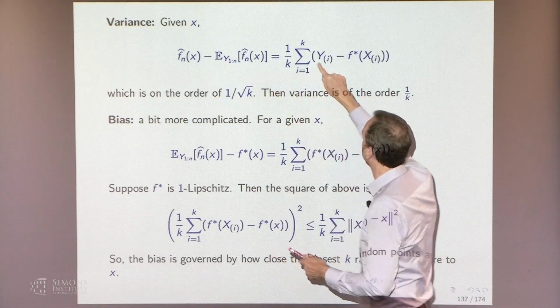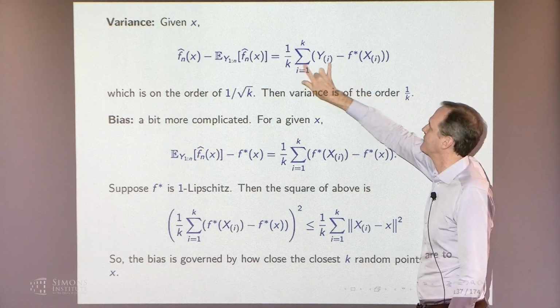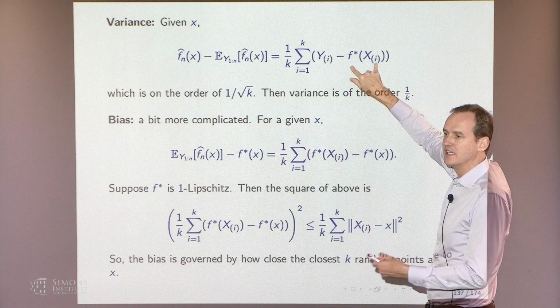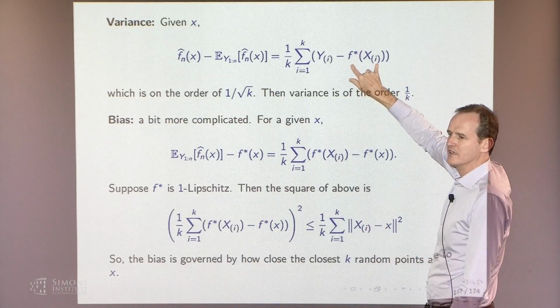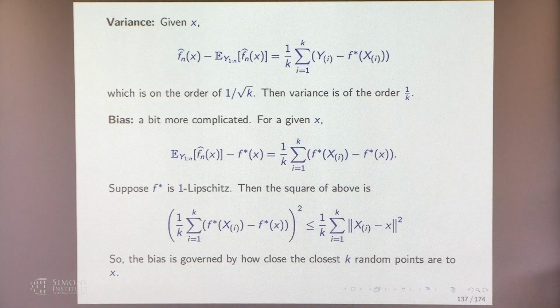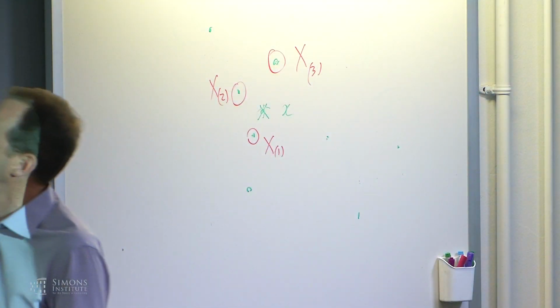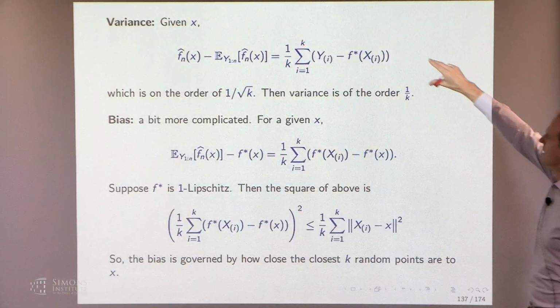So the fn hat is predicting y for the closest k guys, the average of the y's for the closest k guys. The expectation of that, given the x's that we saw, is just f star, right? So every one of these, the conditional expectation of the y associated with the closest point is just f star at that x, right? F star's the conditional expectation. We're working with squared loss. So that's really nice. The variance is